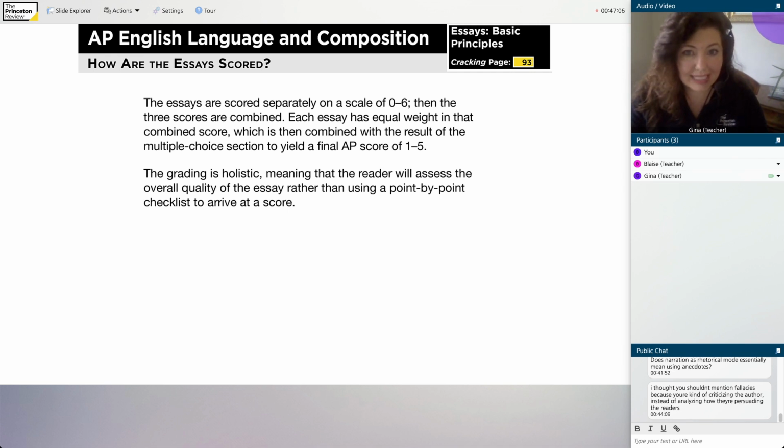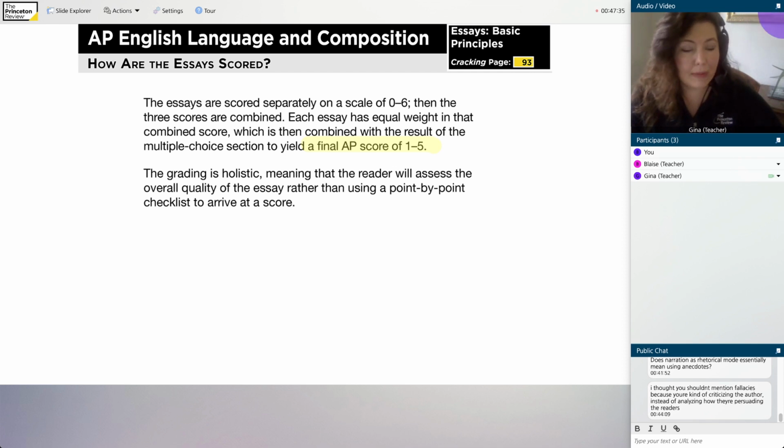Now, of course, this year there is no multiple choice. There are no other essays. We're just dealing with one essay. So how is the AP going to deal with that? Well, I suspect, if I had to guess, that the graders are simply going to give you a score of 1 to 5. Okay. So even if your English teachers have been scoring you on a scale of 1 to 6, chances are this AP grader is not going to be scoring 1 to 6. It's going to be 1 to 5. And then that will be your final AP score.